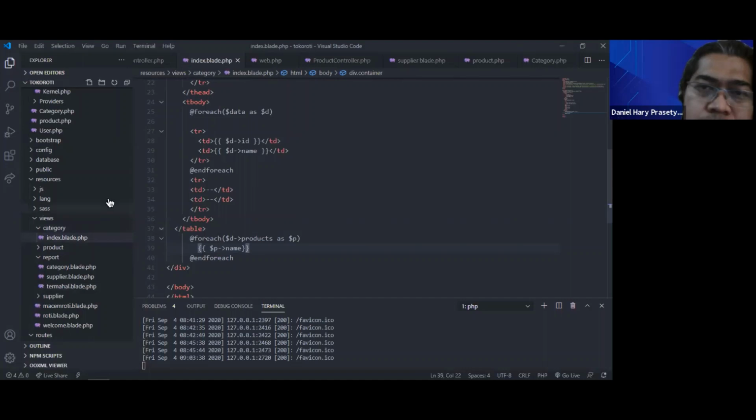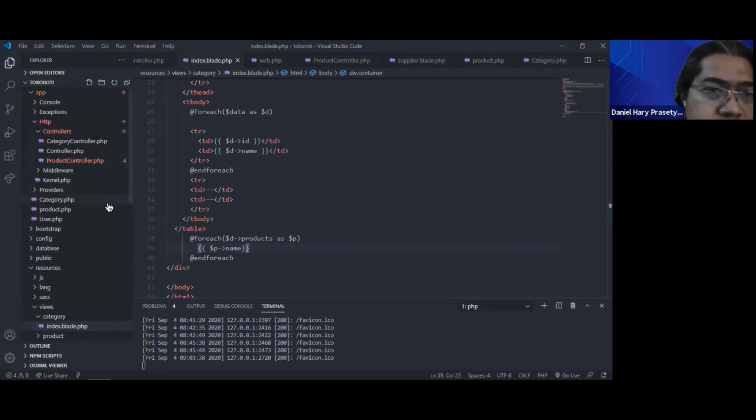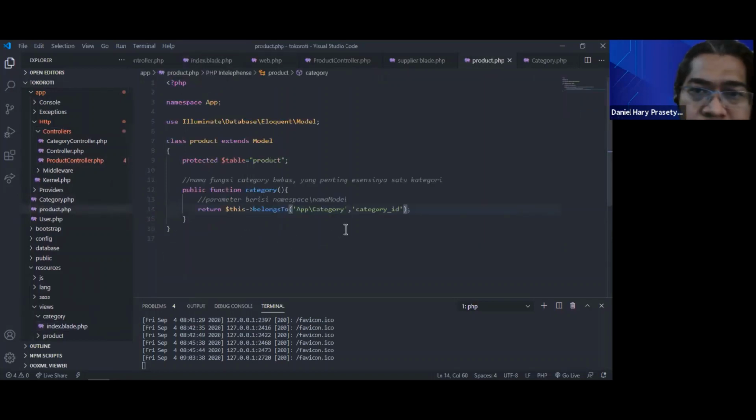Where it uses the product table. Sorry, in product model.